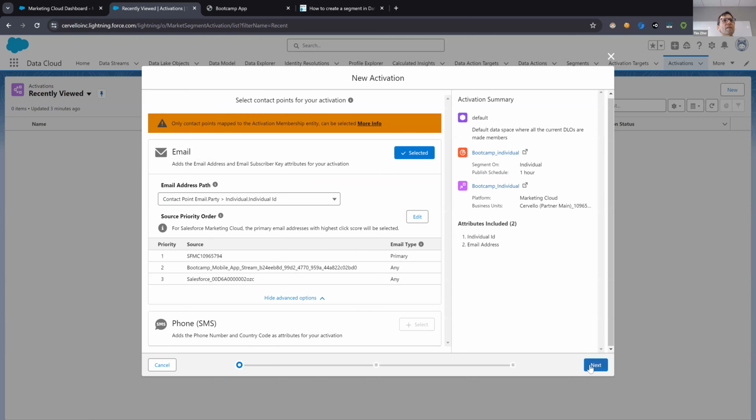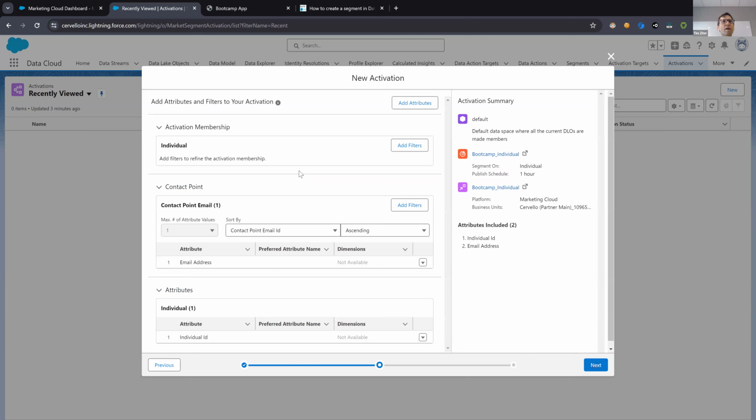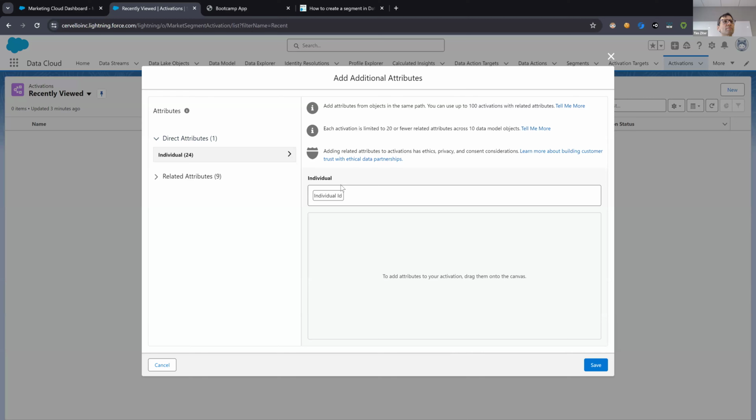Okay. That completes that part of it. We'll hit next. Now here's where we're going to determine the different attributes that are going to be populated in the Marketing Cloud data extension. So up at the top, if you click on that Add Attributes button, and if you open up that caret on the left,